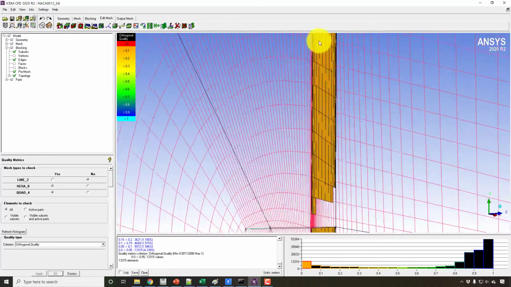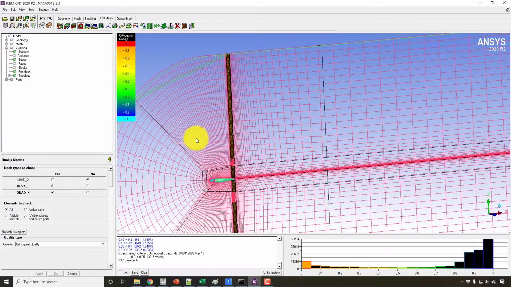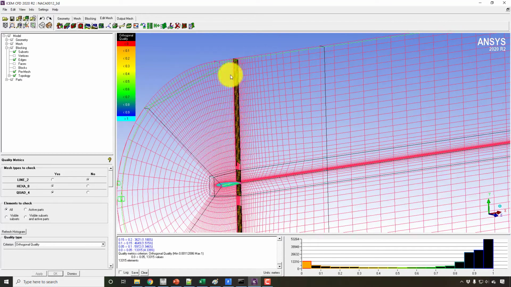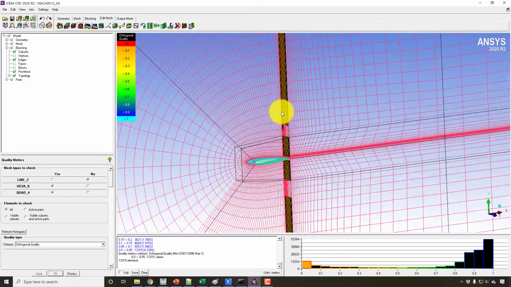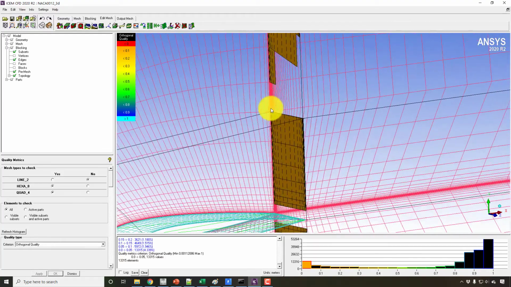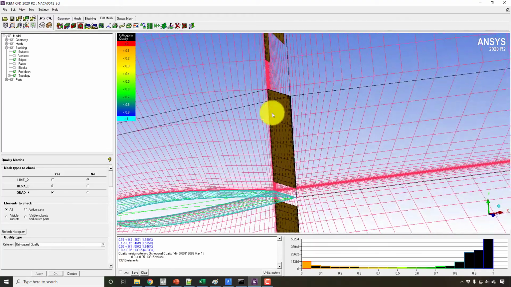I modified a few things, but you can see that the problem area is this one in the yellow color. And why? Because the cell height in the y direction is very large, but in the x direction the dimension is smaller, so we can call this the width, and this one the length. The aspect ratio is defined as the maximum dimension divided by the minimum dimension. Definitely the maximum dimension is in the y-axis, and the minimum in the x-axis, so its ratio is maybe more than 1000. With a double precision solver, this problem will not affect your simulation, but we want to see how we can solve this issue in ICEM CFD.